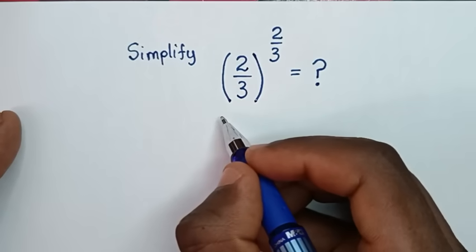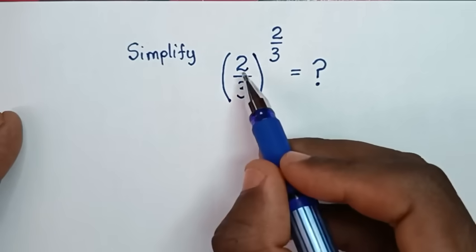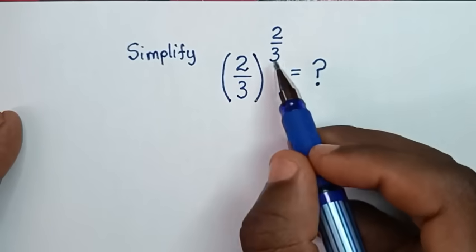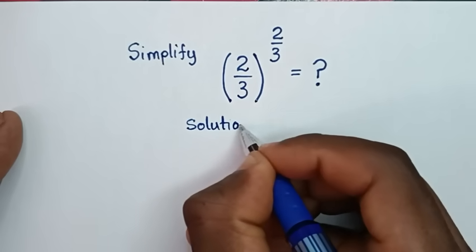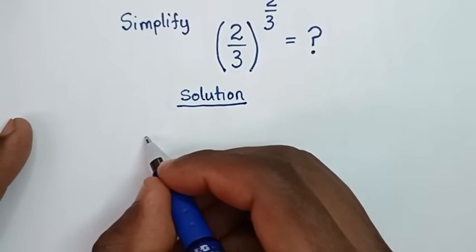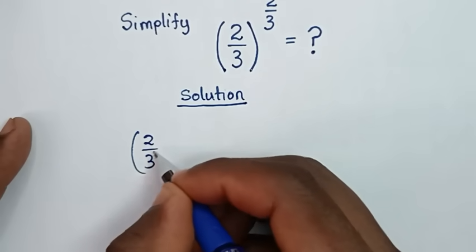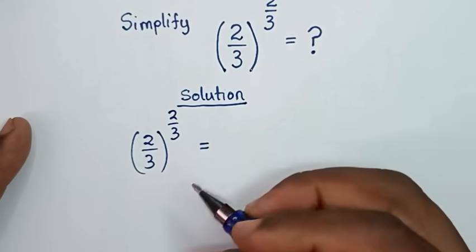Hello, you are welcome to solve this math problem: simplify (2/3) to the power of 2/3. Now, solution. From our problem, which is (2/3) to the power of 2/3, it will be equal to